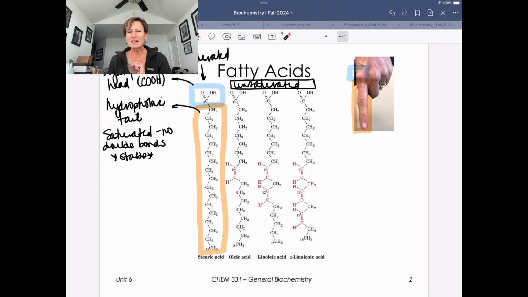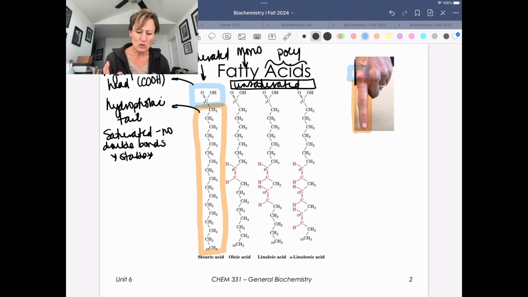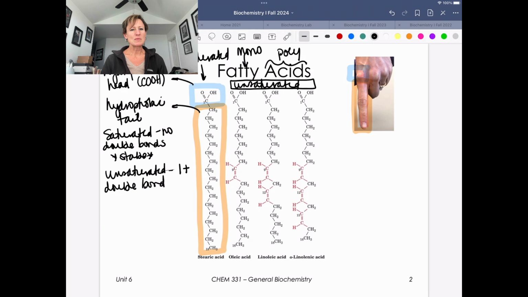Let's talk about unsaturated fatty acids. And we essentially have two flavors in terms of unsaturated, okay? We're going to have what we call monounsaturated, and then these guys are polyunsaturated. So just to remind ourselves what it means to be unsaturated: unsaturated means we're going to have one or more double bonds. And we're going to talk in a couple minutes about some of the details for those